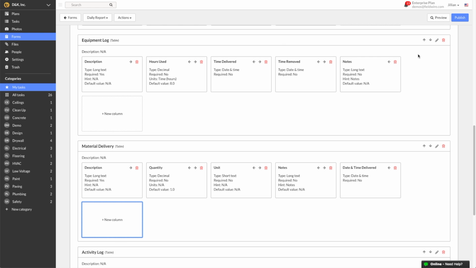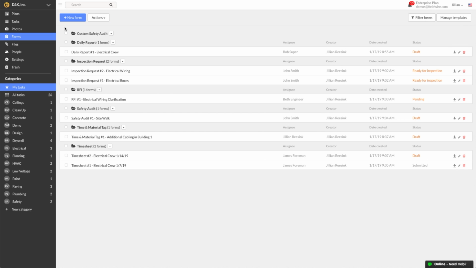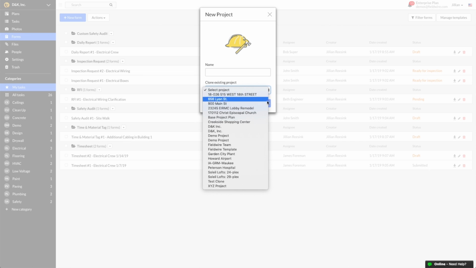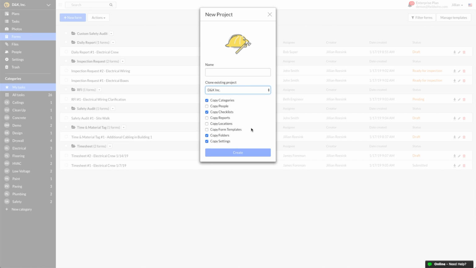Once you are done with your edits, click Publish, and your form will be updated and accessible by your team. You can also duplicate or delete by clicking on the Actions dropdown while managing your templates. Once you finish setting up your custom form templates, you can clone them over to any new projects that you create. Just choose the correct project and make sure you check the box to copy form templates.